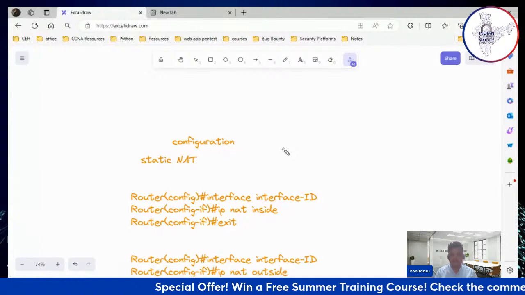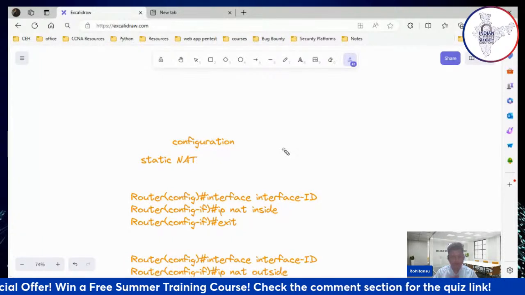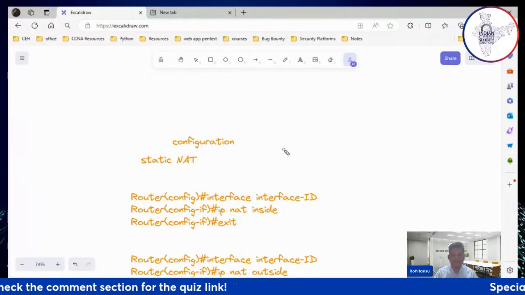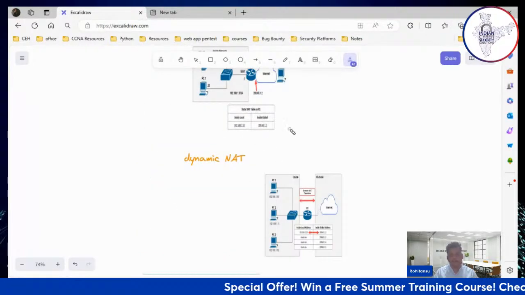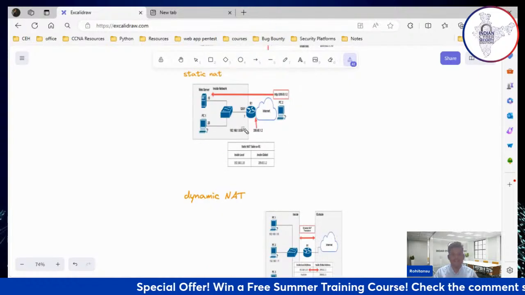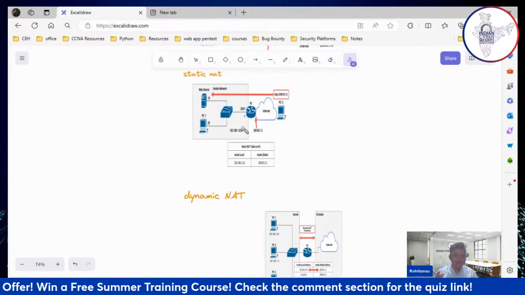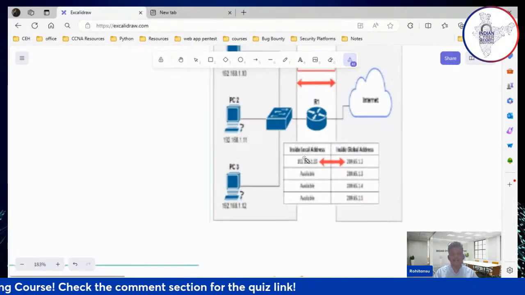Okay, we can implement IDS, we can implement access control, we can implement firewall, no doubt about it, nothing wrong with it. But this is the very basic thing that implements security in an infrastructure. Okay, so we have static NAT. Apart from that, we have dynamic NAT. In the static NAT, we map one private IP address to one public IP address. When it comes down to the dynamic NAT,